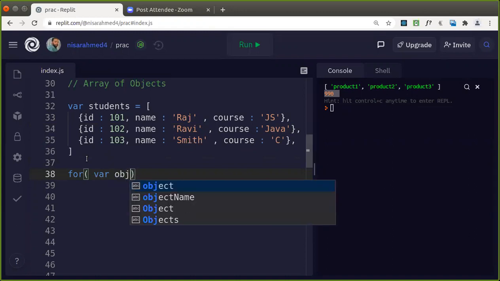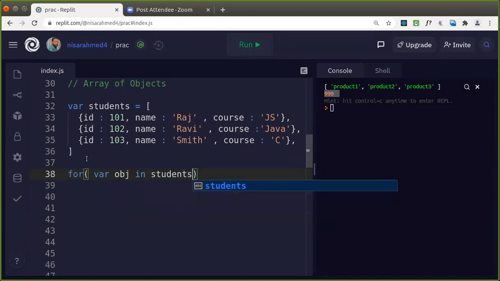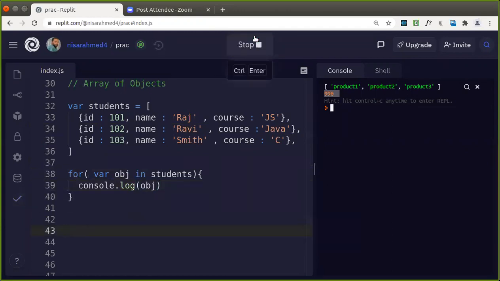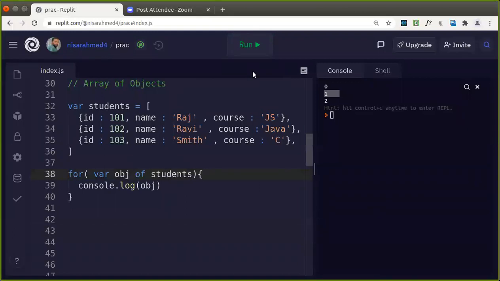For var obj of students, here we use of, you can just see here. Now from the objects, if you want to manipulate each object, you can use this array and manipulate.